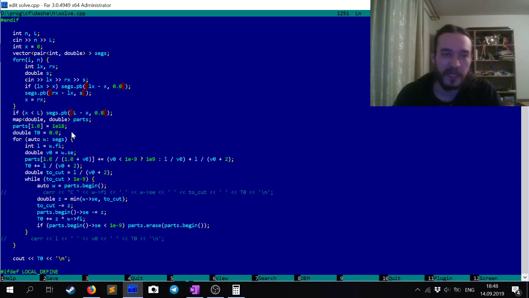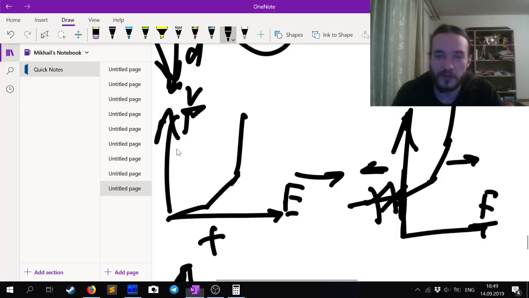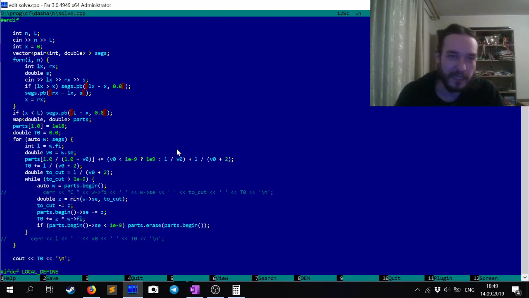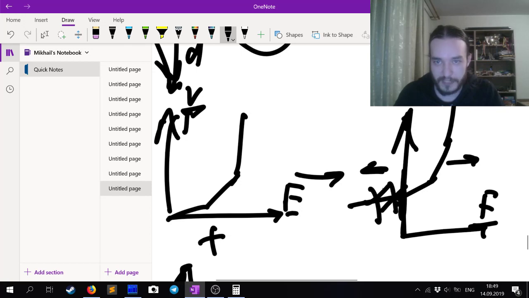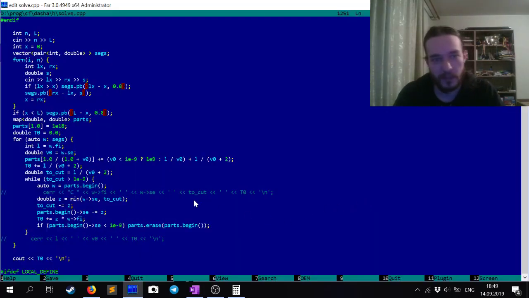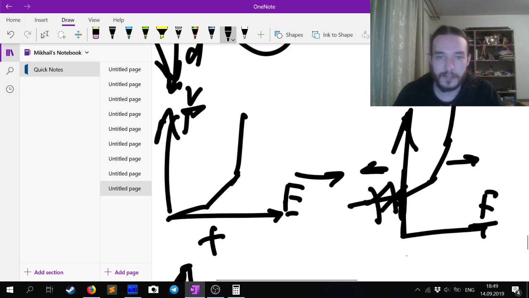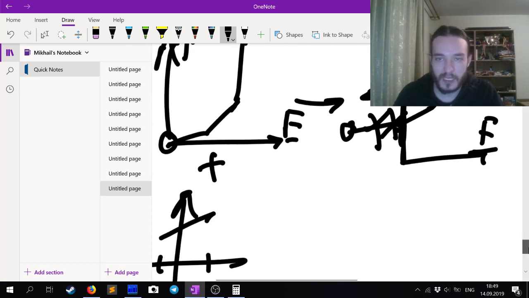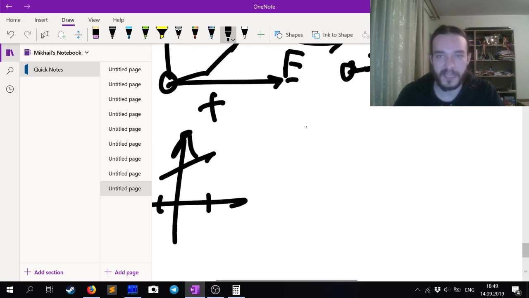So map is a fancy way of storing these sorted parts, and there are some formulas, and in this cycle we get rid of these negative parts. And well, T0 is the answer, and T0 is the height of this point, or rather this point. And we have to recalculate it on every step when we move it, because we cut something. And so